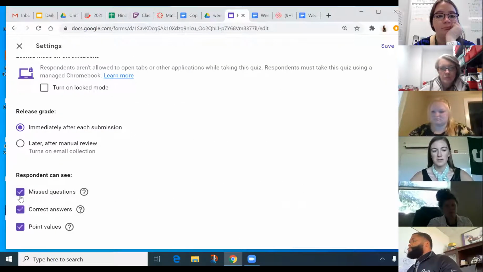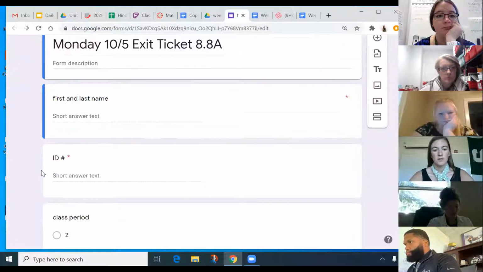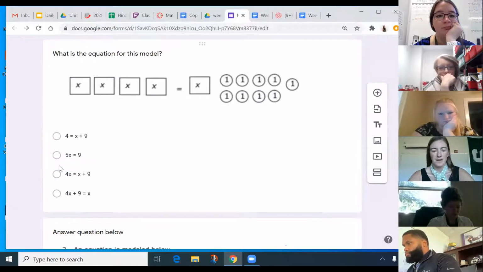There are some options if you want them to see the missed questions, the correct answers, and the point value. So this is one of my exit tickets for next week. And then when you make it,